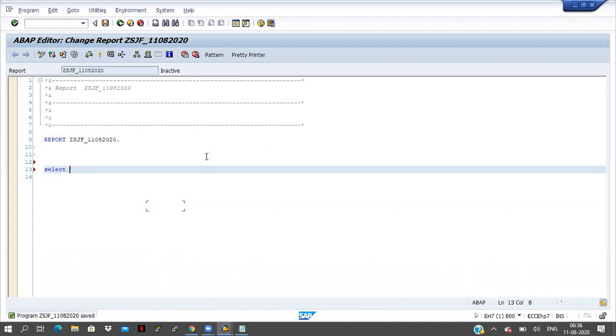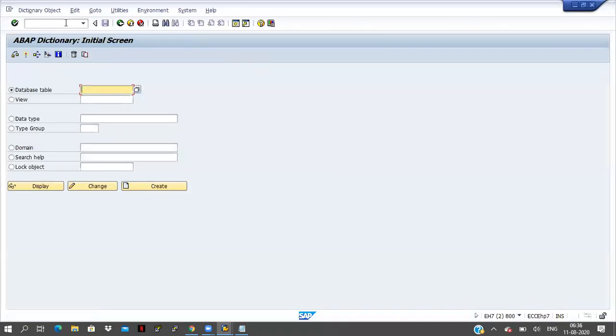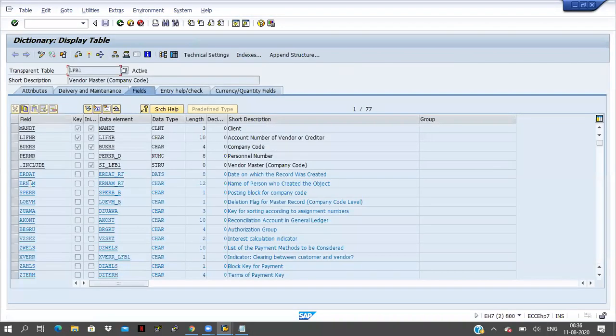I will go to one table here first, LFB1. You already know about that one. You can get vendor header information here; the combination of vendor and company code information.